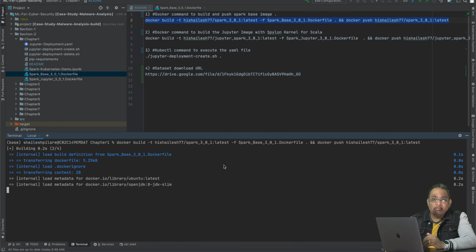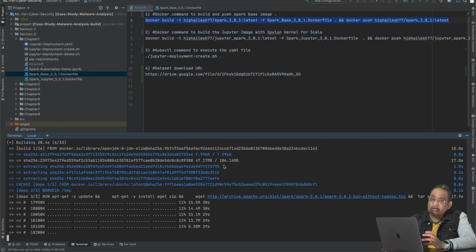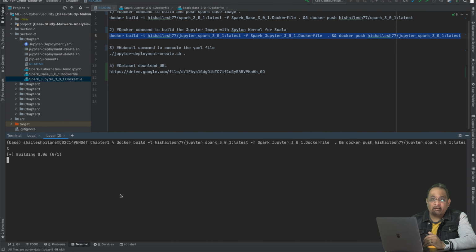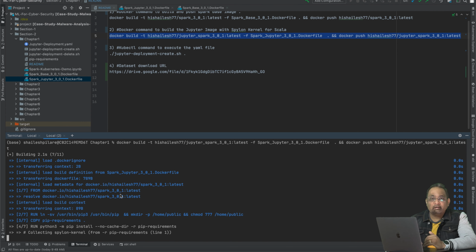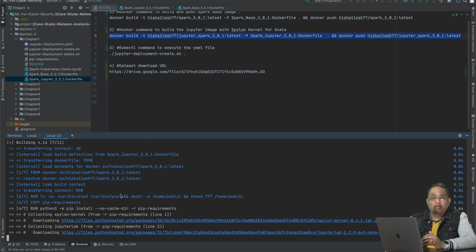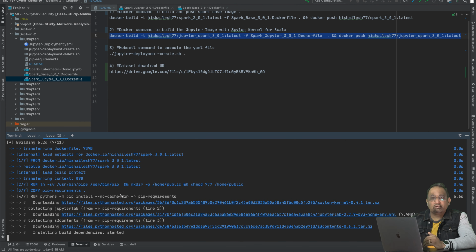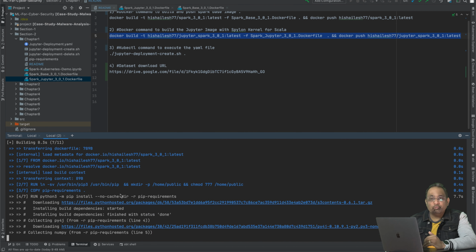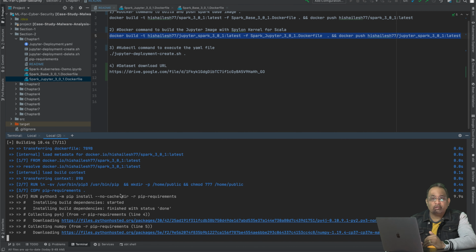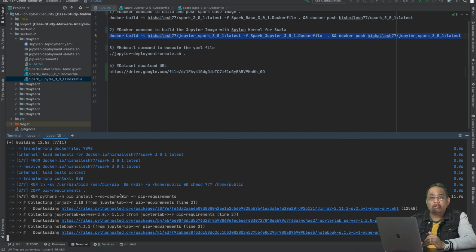The above Spark image that we have just built is good for running any Spark program, but we also need the Jupyter Notebook in order to develop our Spark code. But the Jupyter Notebook does not support the Scala language out of the box, which we need in order to write some feature engineering code. Hence we are also installing this Pylon kernel, which will let Jupyter Notebook compile the Scala code for Spark. So let's build our second Docker image and push it into the Docker Hub repo.